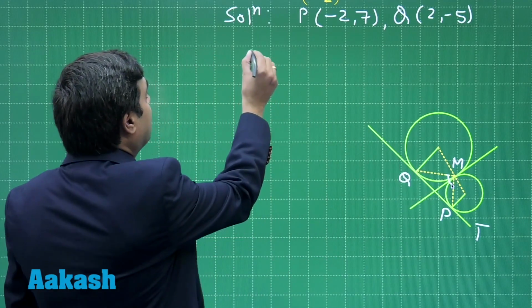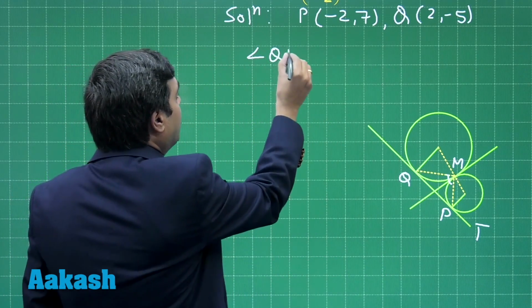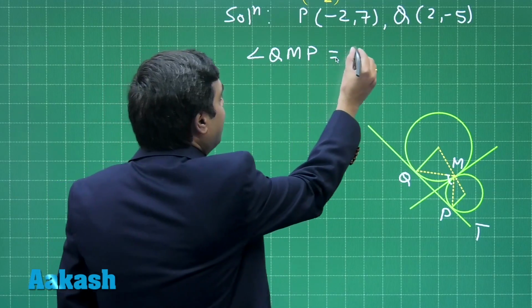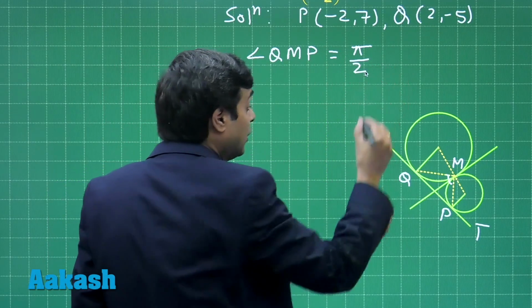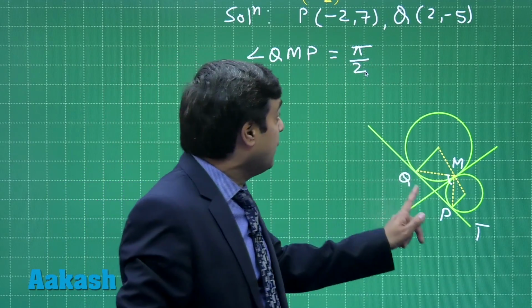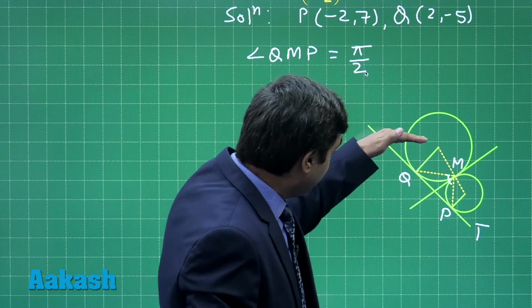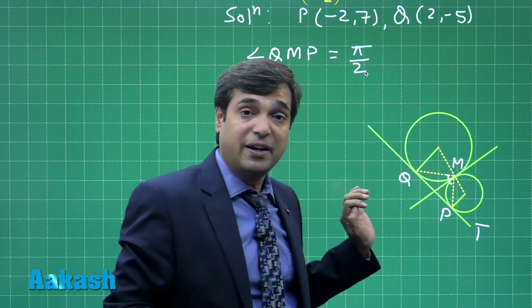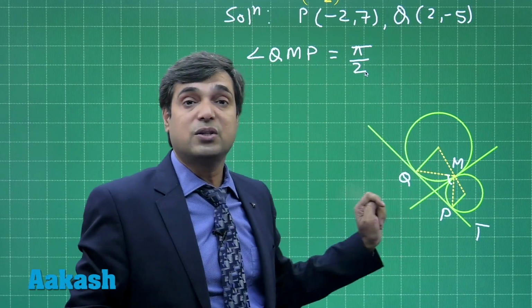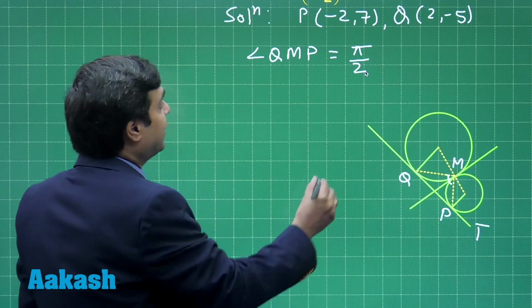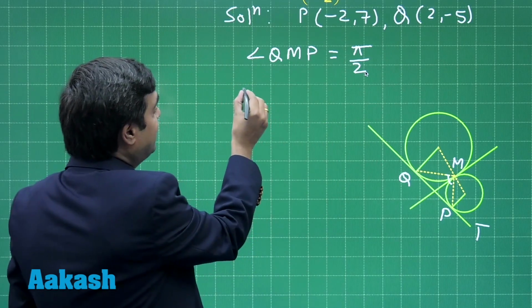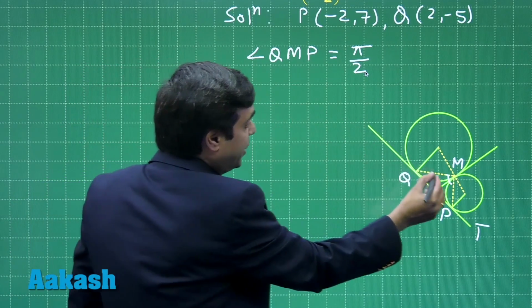This angle QMP is pi by 2. When this angle is pi by 2, and the coordinates of P and Q are known to us, we can apply the formula m1 m2 equals minus 1 to get the locus of point M. So, let us consider (x1, y1) as the coordinates for M,